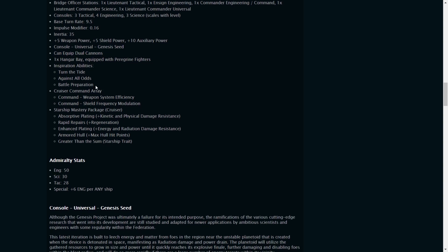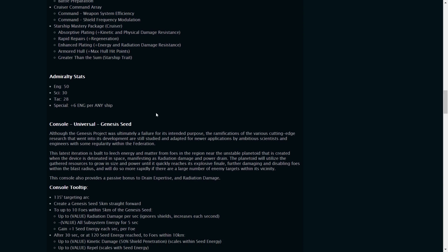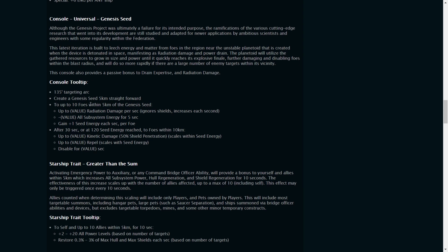We'll look at that in a moment. And one hangar bay with Peregrine fighters. Okay. Inspiration abilities. We've covered that. And regular Starship mastery packages. And there's the Admiralty. So the Genesis seed, we're looking at